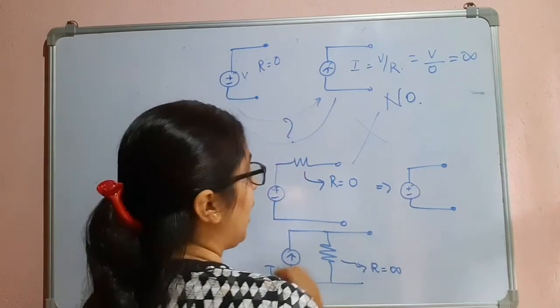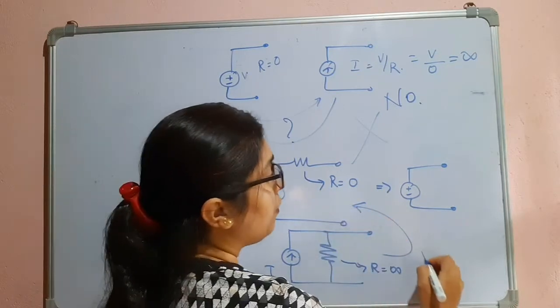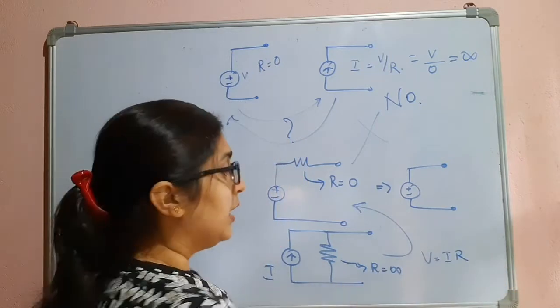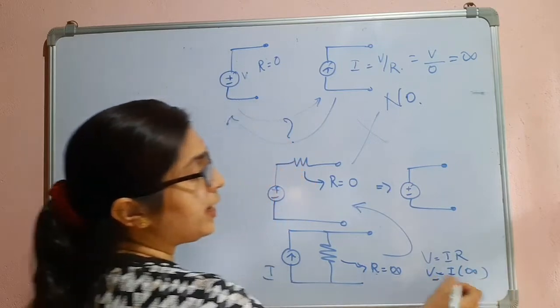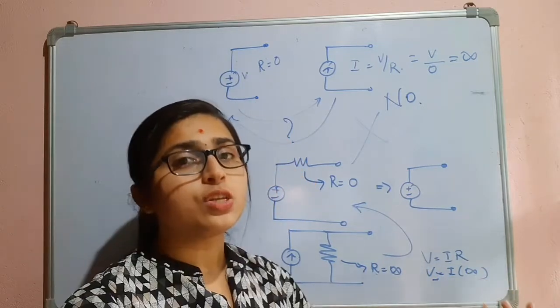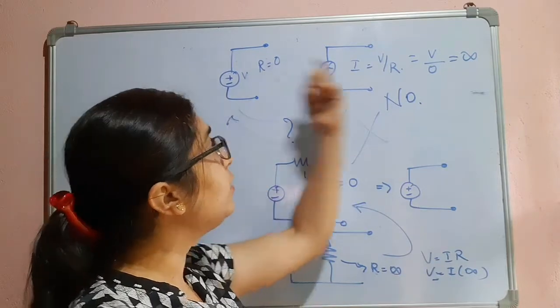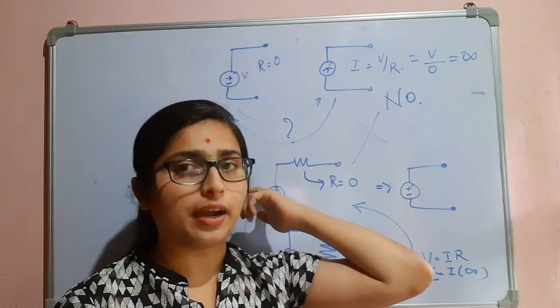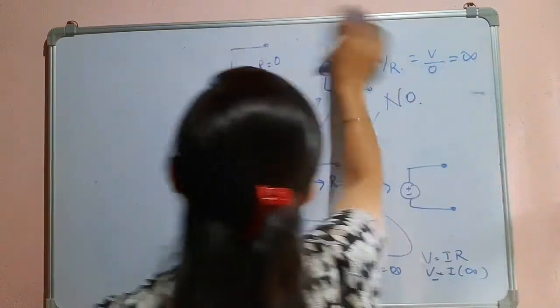Similarly, we have this one. To convert this to the practical voltage source, we had V equals I into R. In this case, R equals infinity, so voltage is I into infinity. This is also not possible. So we cannot convert an ideal voltage source to an ideal current source or an ideal current source to an ideal voltage source. That's not possible. So let us next consider